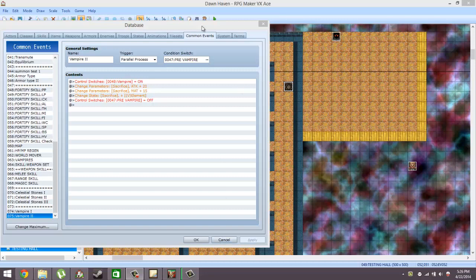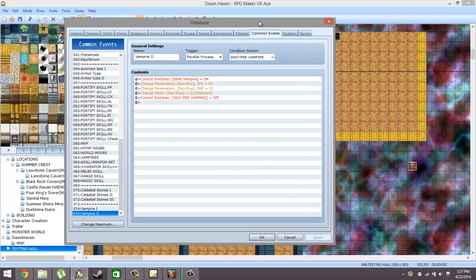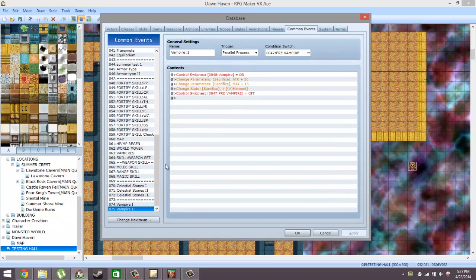In the last episode, we were working on the vampire feature of my game. We set a way for us to become a vampire, and then we set a way for us to gain bonuses once we become a vampire. In this episode, we're basically going to be